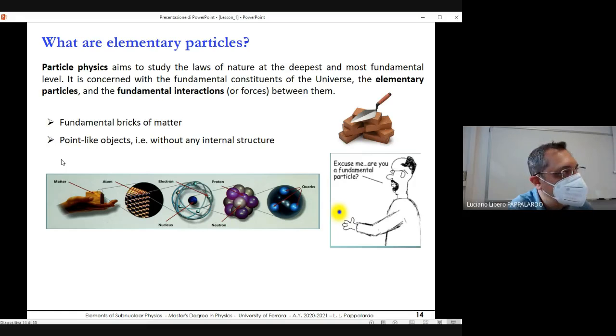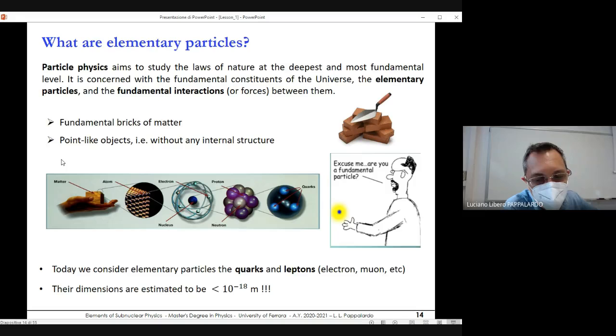And until the 1950s, protons and neutrons were supposed to be elementary objects. But then, as we will study next in the course, it was understood in the early 60s that this would not be possible for many reasons. And indeed, we know today that protons and neutrons are also composite objects. They are made essentially by quarks. And at today's knowledge, we think quarks are the very fundamental level. But physics evolves in time, so maybe in 15 years from now, we will learn that quarks are also composite. We don't know.